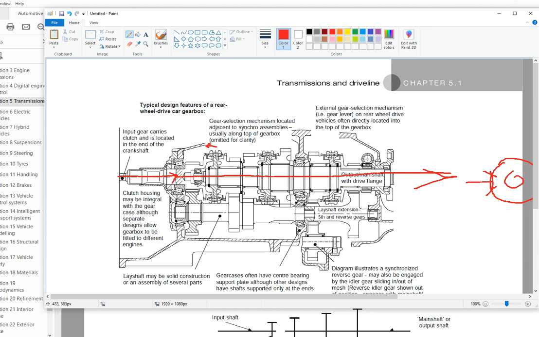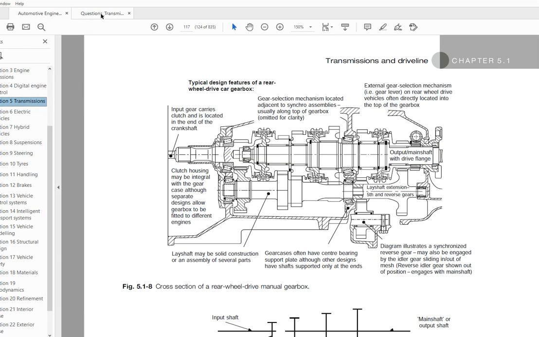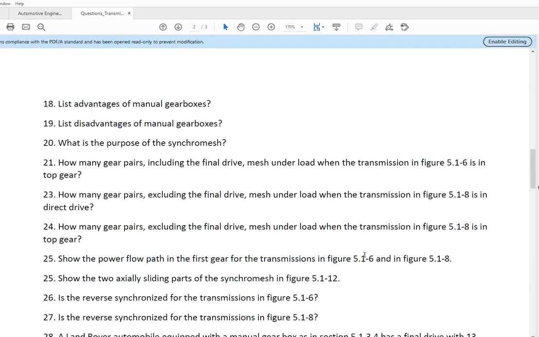In overdrive I have 3 pairs of gears meshing. Okay, show the power flow path in the first gear for the transmission in the figure. Well, since we're here, I don't have a question, but we can discuss